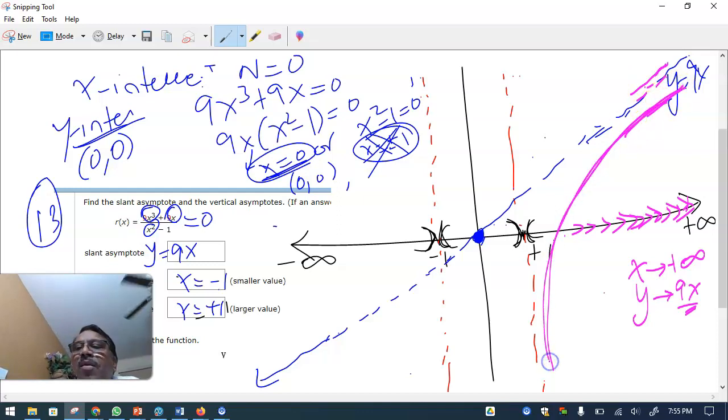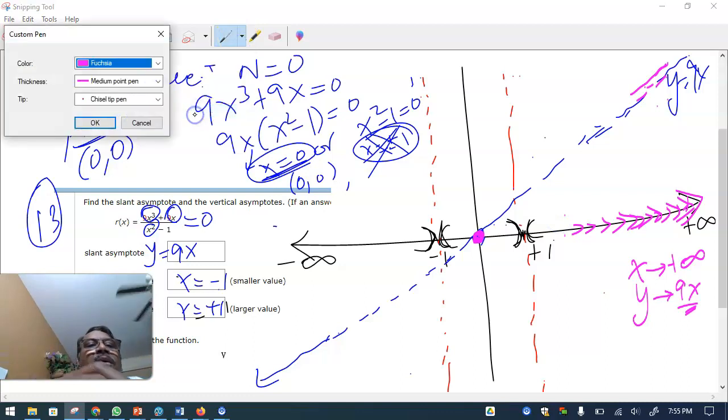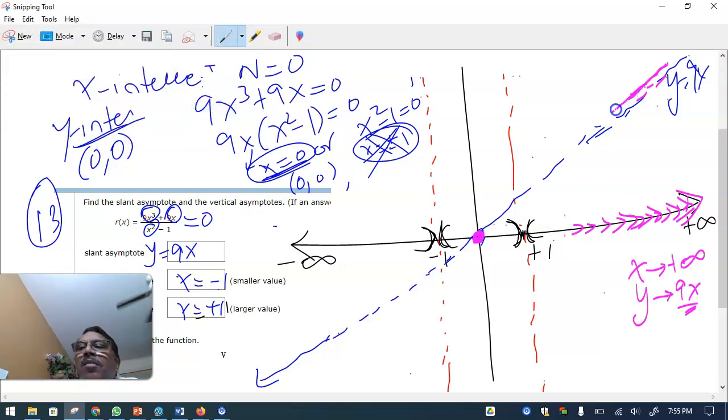So the question is, is it this way? But then remember, we have no other x-intercept, so it can't cross, because the only place where the graph crosses the x-axis is 0. So we can't have this. See, this is wrong. If this is wrong, then the only other way you can think of is above. So it will be like this. It goes this way, and then